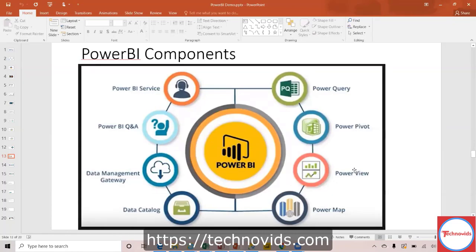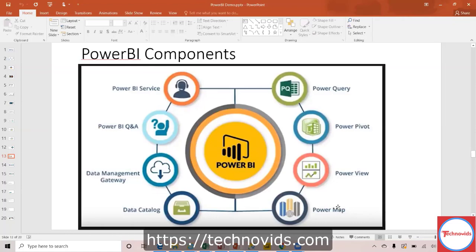And the second easy component is Power Map. As its name suggests, you have done maps during your school or college days. A map represents different countries, continents, and all those things. It's the same thing here. Microsoft has a tool called Bing, which is similar to Google Maps.